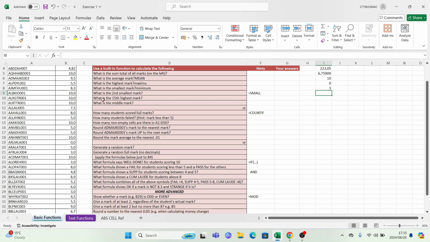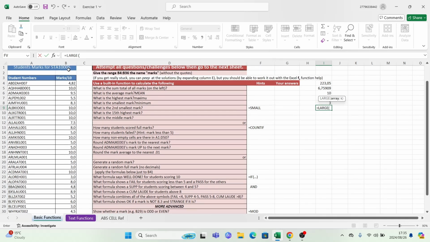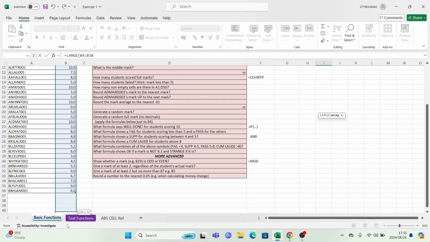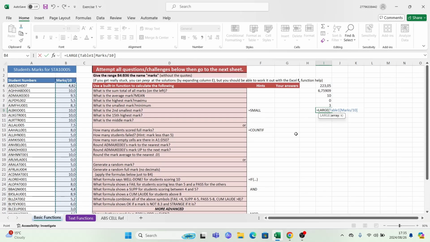Then the following question says, what is the 15th highest mark? For the 15th highest mark, you can just say equal LARGE. Now select your data, comma, then 15, then press enter. This is our 15th